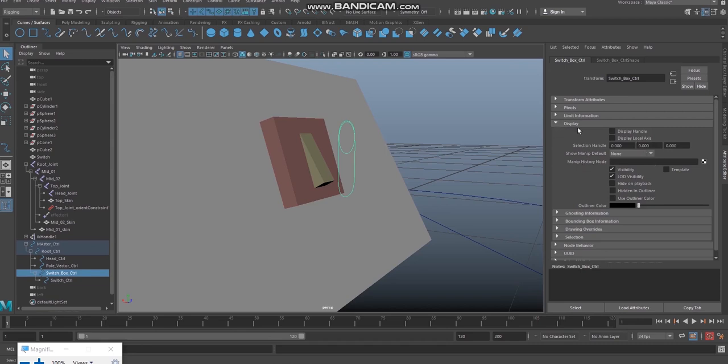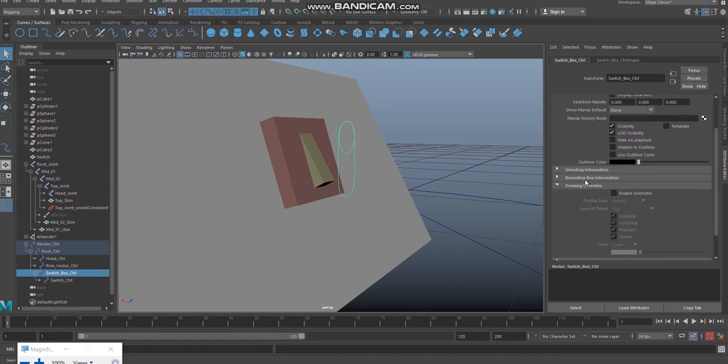Under the display, you can straight away look down and you can see some option called drawing overrides. Click on the drawing overrides.